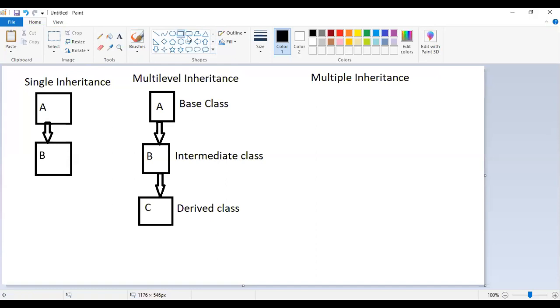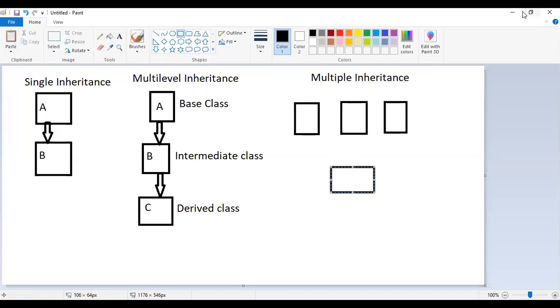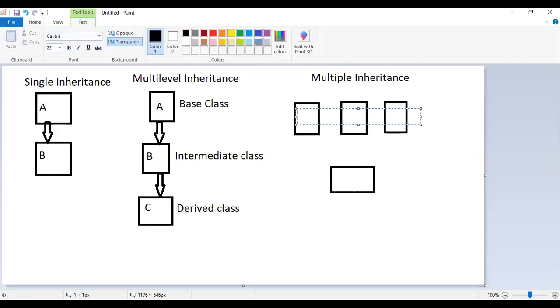In case of multiple inheritance, so this is our A class, this is our B class. Likewise, there are n number of classes with respect to this level, and all these base classes are derived by a single derived class.